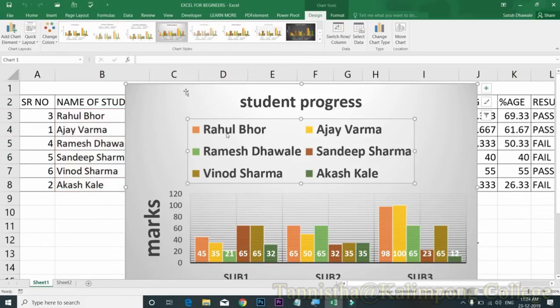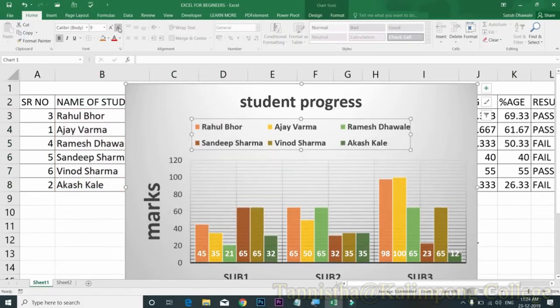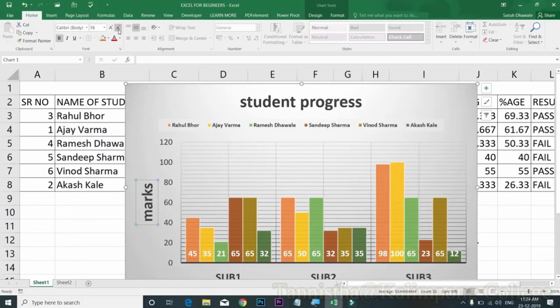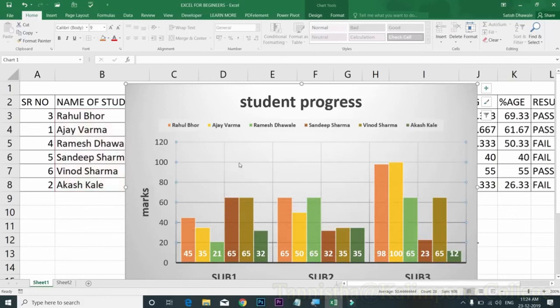The size of the chart is too big. So let's reduce the size of the chart to make it absolutely perfect. You can minimize the size of marks as well. You can remove the grid line, etc. So we have come to know all the basic features of a chart.